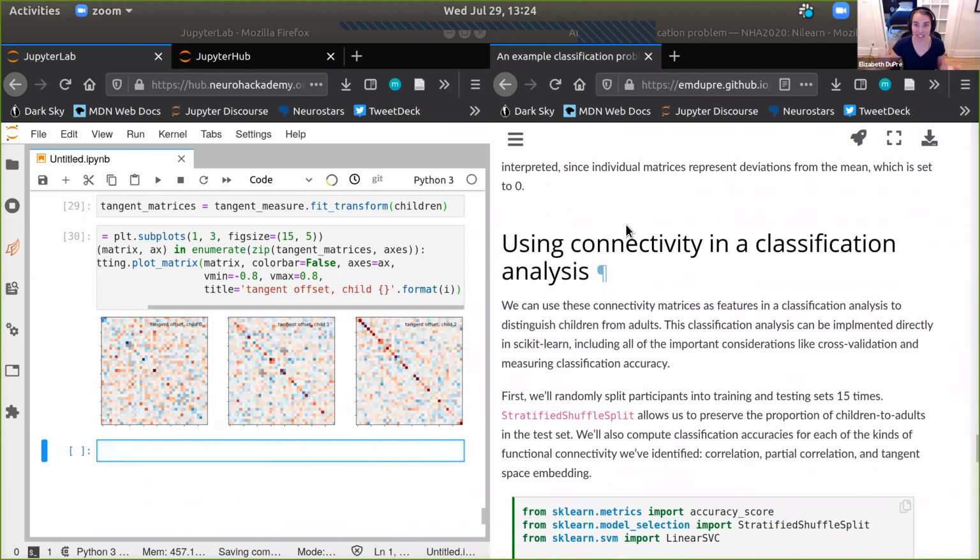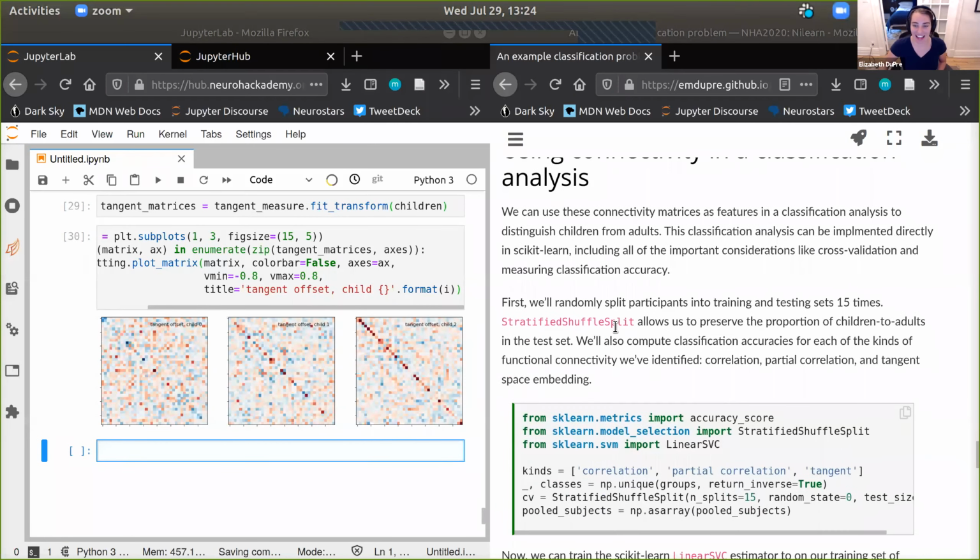I've been telling you that Nilearn makes it so easy to interface with scikit-learn, and we can go ahead and do that, which is really nice because now our data is all set up to do it directly. So we're going to import a few different things from scikit-learn, and we're going to see that some of these may look familiar if you attended Tal's talk, or if you go to Gael's tomorrow, you'll also see some of these things as well. So we're going to have this accuracy score.